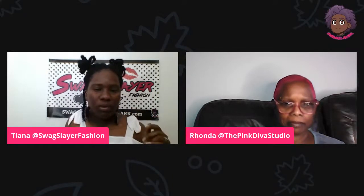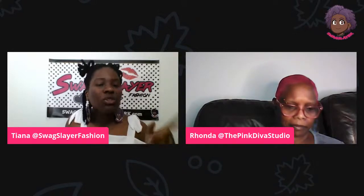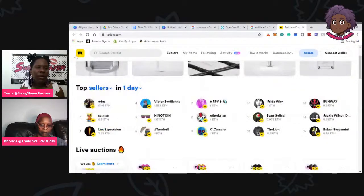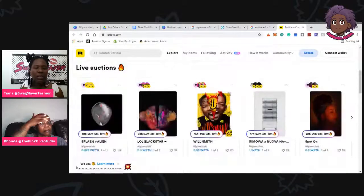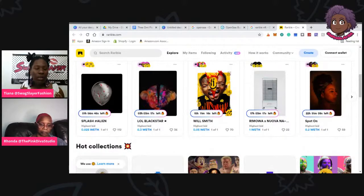The Rarible page loaded. Yes, it loaded. Okay, so I'm going to go back and share the screen so you can also see Rarible, which is another NFT platform where you can upload. And this is the symbol here. You go to create. You can create your own thing. There are ones here that you can purchase. Of course, it's the same. Again, it's based on Ethereum, but this Ethereum is slightly different because it says